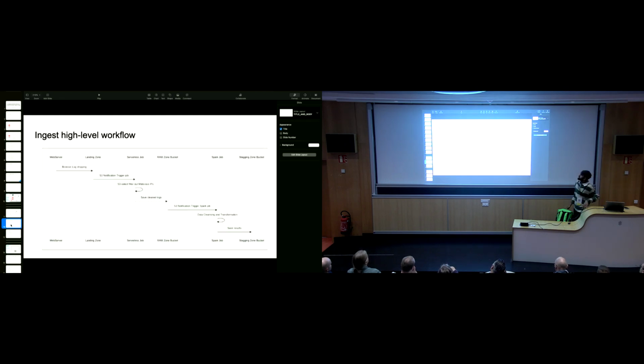So yeah, this is the ingest high level workflow. Let's say you have a browser log shipping. All of the logs that are coming in would go into the landing zone. The landing zone would create an S3 notification trigger job, going through the serverless job. S3 Select would filter out the malicious IPs, and it would just